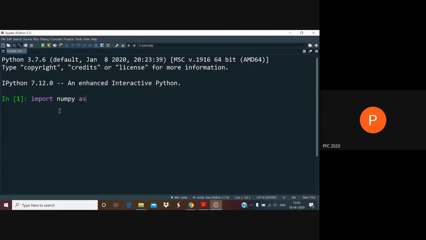and this is a standard mantra which everybody uses. I talked in some detail yesterday as to why we should not use from NumPy import star. In general, why we should not use from something import star under any conditions anyway. But right now, the standard thing that we do is import NumPy as NP, so that after this we can call everything that is there in NumPy using the keyword NP.